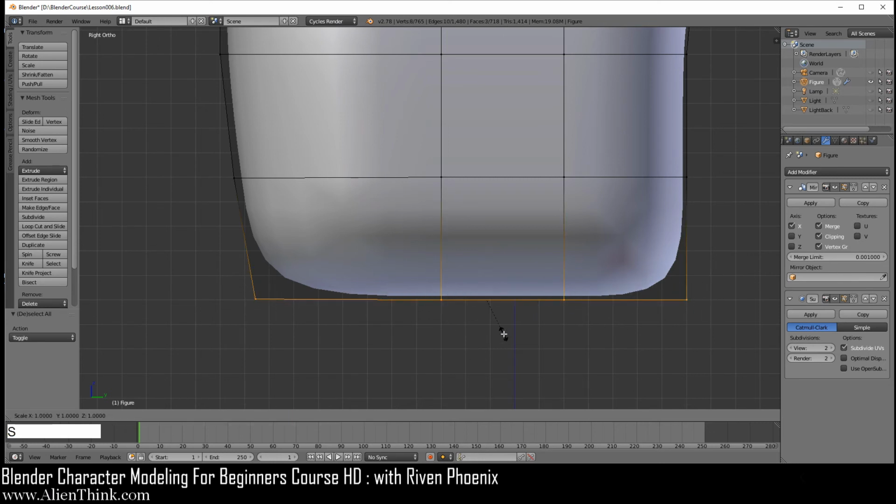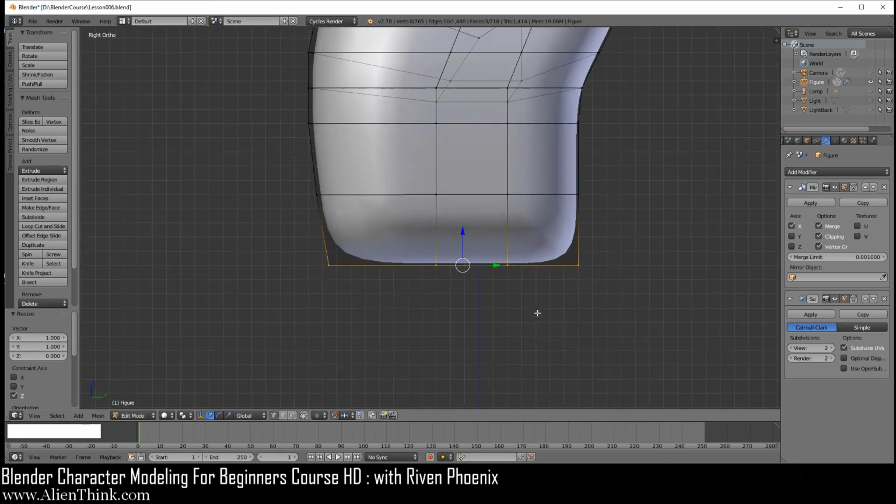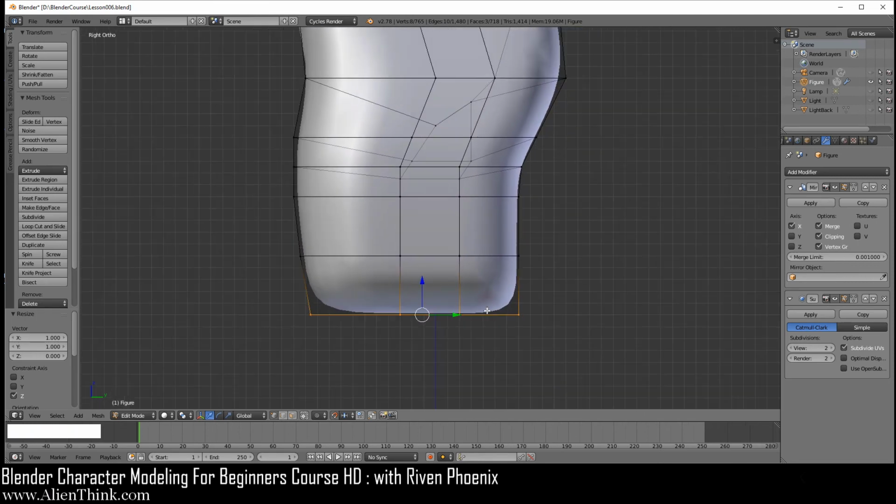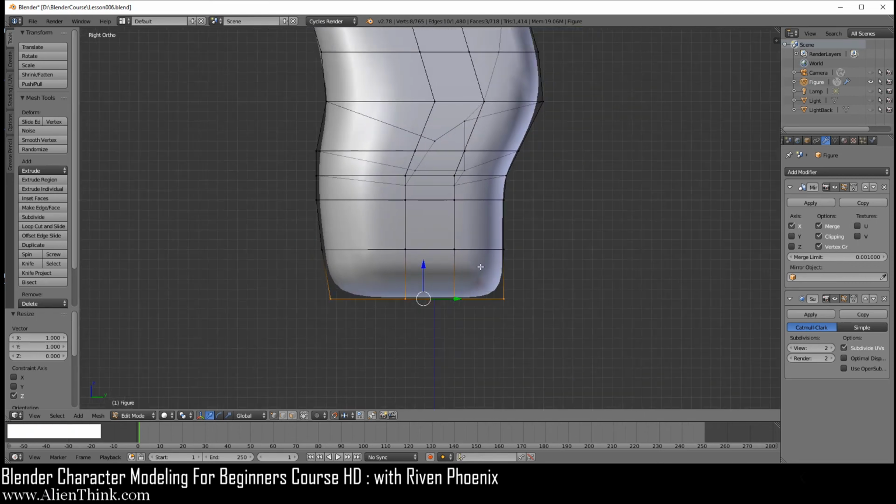Press the S key to scale and press the Z on the Z axis and press 0 and just enter. And this will just simply take these. It basically averages out. So it's obviously only going to move this one because these were already on the grid line. I'm going to zoom out over here. Okay, so we're going to do A to D select.